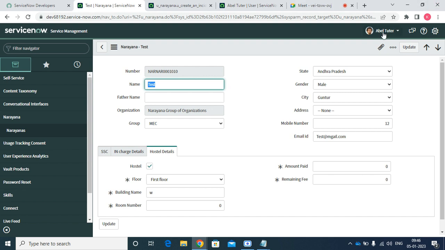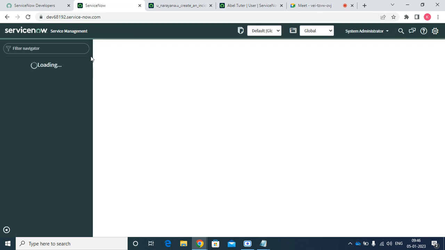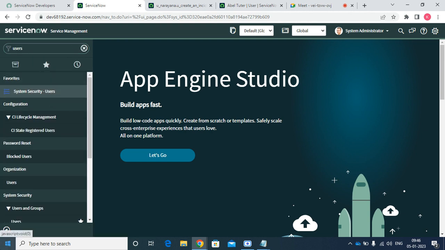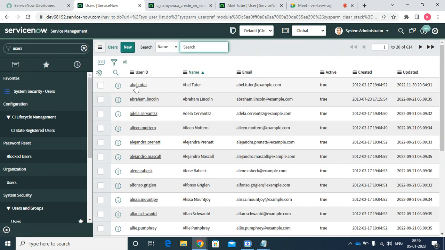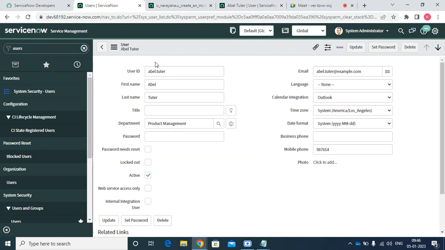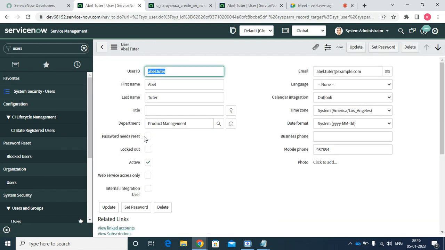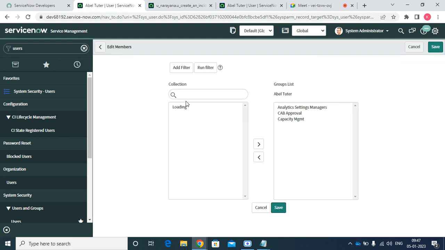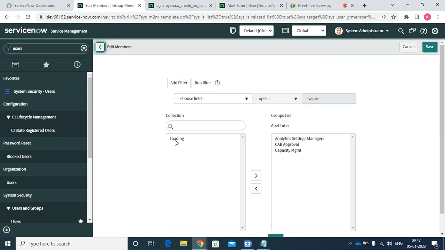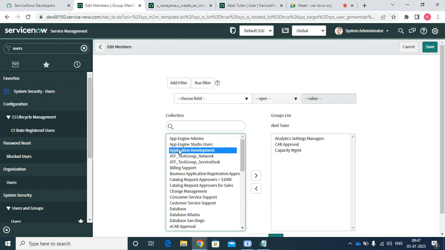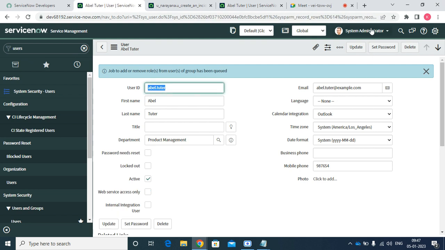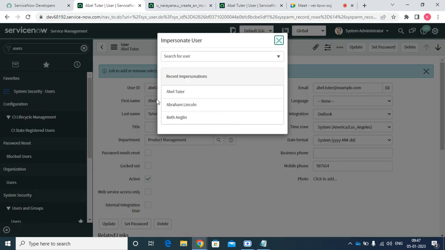Now I'm going to end the impersonation. Now I'm marking Abel Tuter as part of the application development group. What group have we given? This one. Now if I impersonate the user,